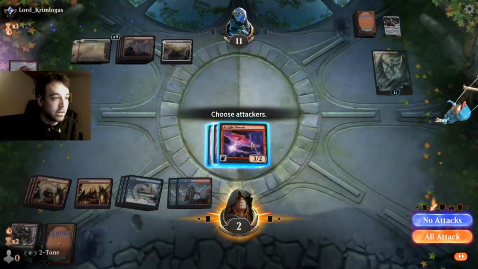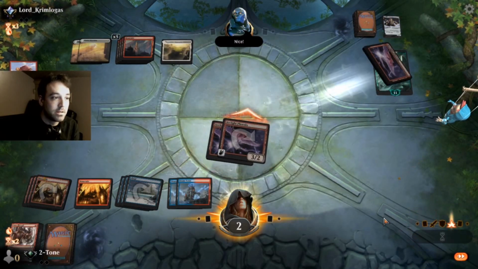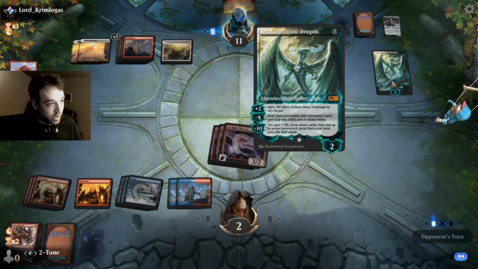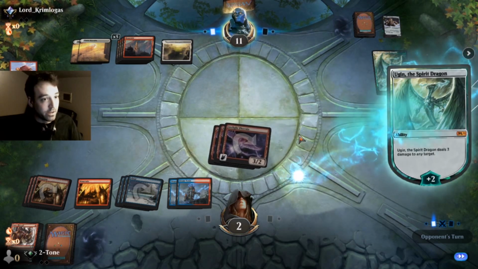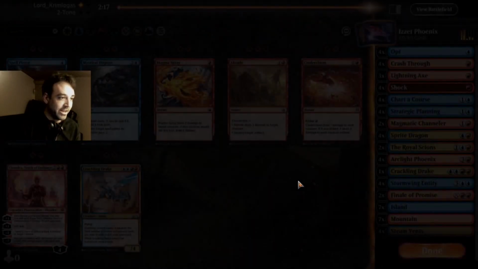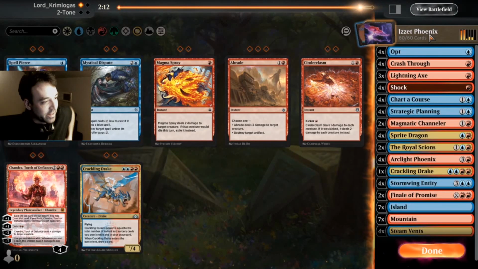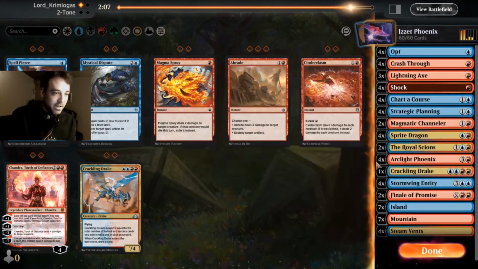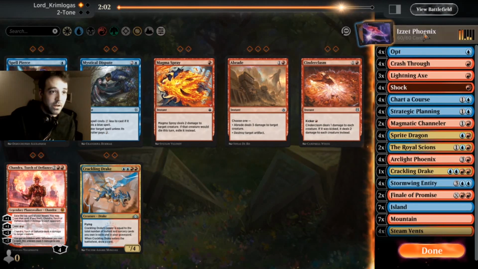We could do 9 to his head. I would much rather do 9 to Ugin. Because now that puts him at... He can kill 1. But next turn he's pretty close to dead. Yeah, I didn't even think of the fact he could just do it to my face. That sucks. Wow, I overlooked everything in the pursuit of awesomeness. That sucks. Okay, so for this deck,